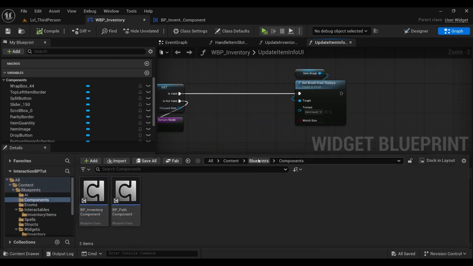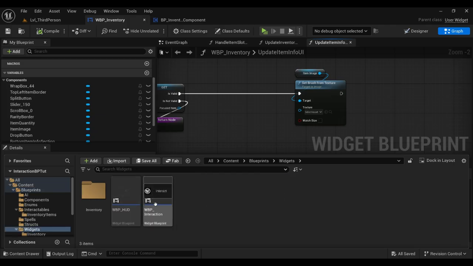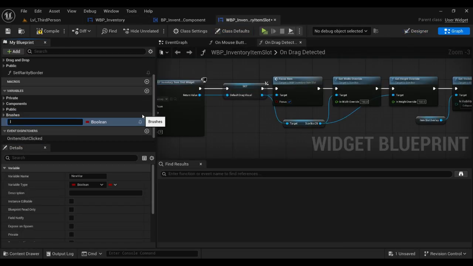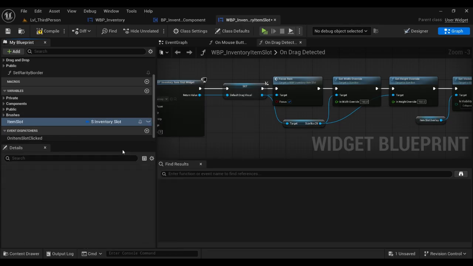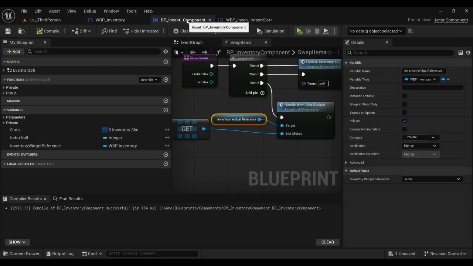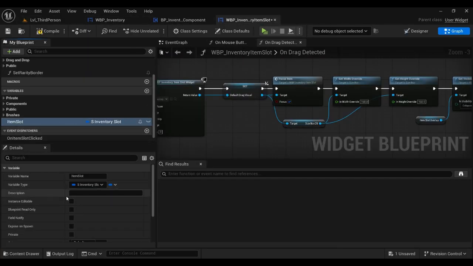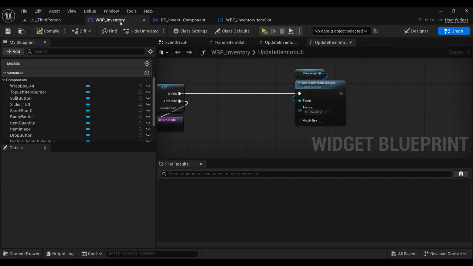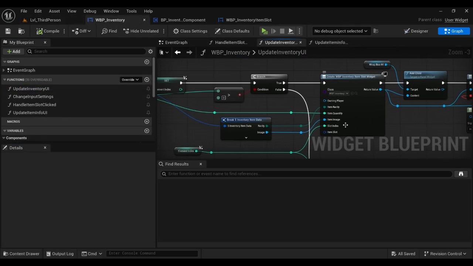Let's go to our inventory item slot really quickly. I want to replace something, so go here, and in here create a variable called item slot, inventory slot destruct. Okay, and make it instance editable, expose on spawn. And go back inside your inventory, update inventory UI, and in here just